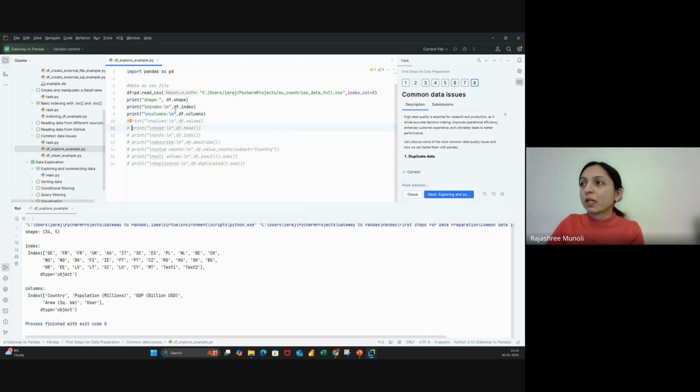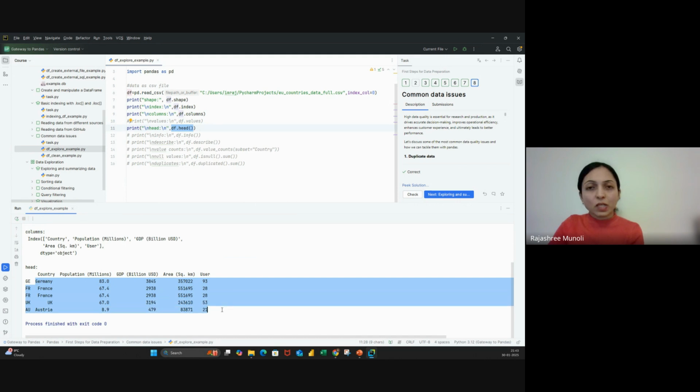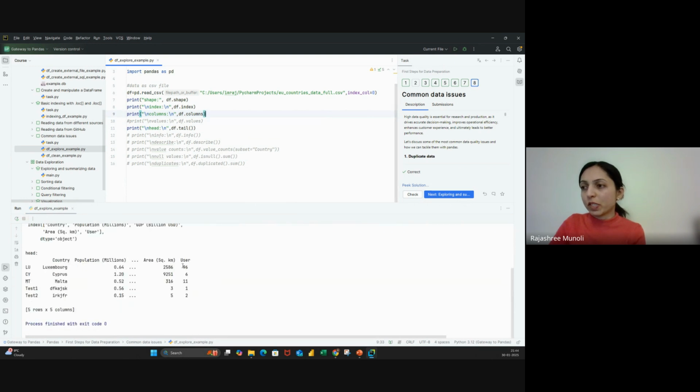Now, the next thing, after looking at how many rows and columns, I want to see what does the actual data look like. So for that, we can use df.head, and it will give us the first 5 rows of the data. So this is how the data looks like. Okay, you can see the data types. You can get a brief idea of what are the different columns and rows and how big numbers you have, etc. There is also df.tail, which shows the last couple of rows of the data. Okay, and then you have